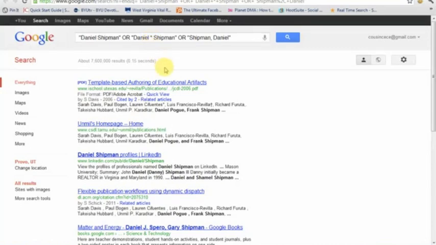Now you can see down here in this first search result, it comes up with 2 men, one named Daniel Pogue and one named Frank Shipman, and that's because the words Daniel Shipman are close to one another with something in between them, which is what that wildcard accounts for. Or, and then Shipman Daniel. As you know, in a lot of indexes and certain kinds of records, the last name is put first. So with just that kind of a search that is, again, pre-populated when you click that web search button on your tree,